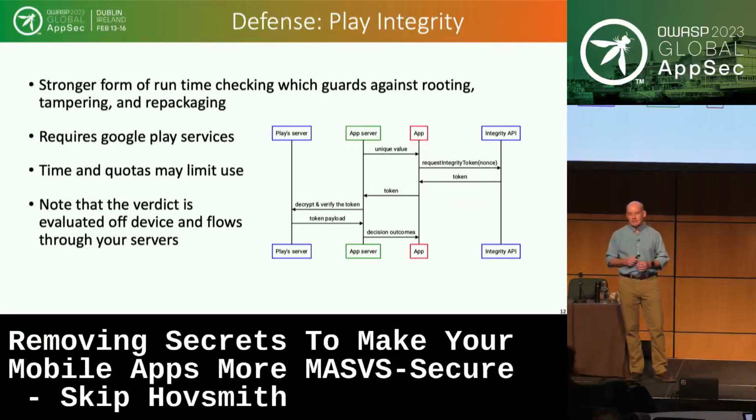The most interesting thing to me about this is that the application is going to want to be tested, integrity checked. It'll make a call to the API. The API will make some evaluations. And then rather than just telling the application, in the application, you're good or you're bad, it passes that back to the Google service, which actually evaluates the verdict. So that's interesting to me because now we've got some security decisions for the first time that are being made off device. So I think that's an interesting step.